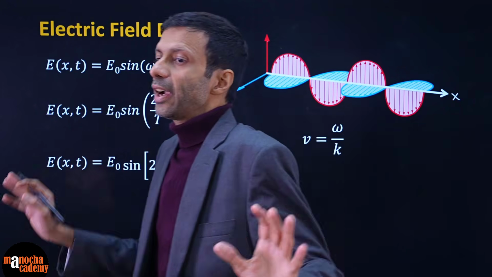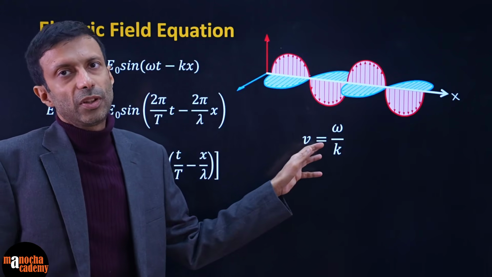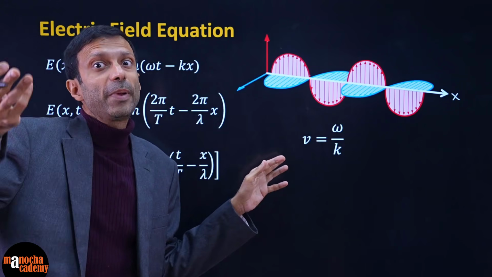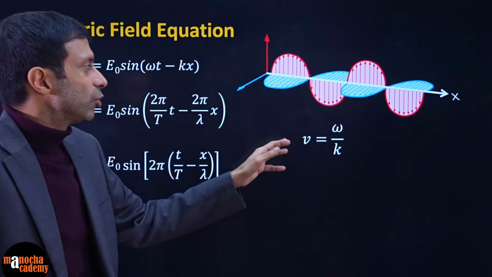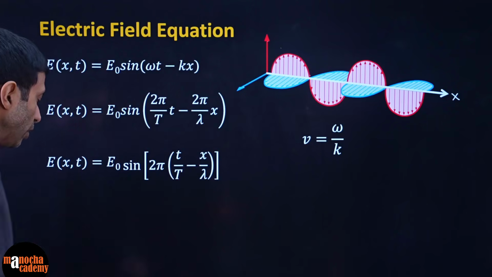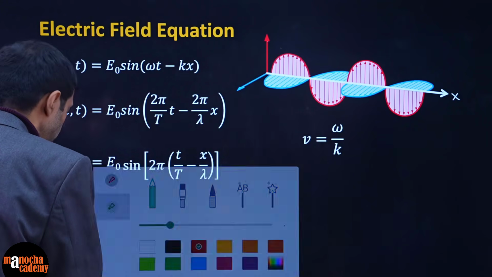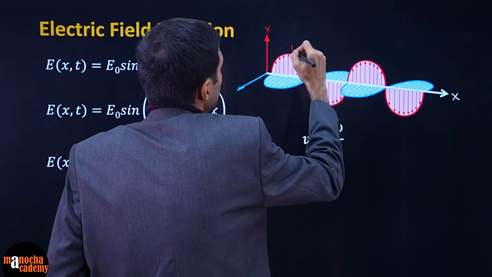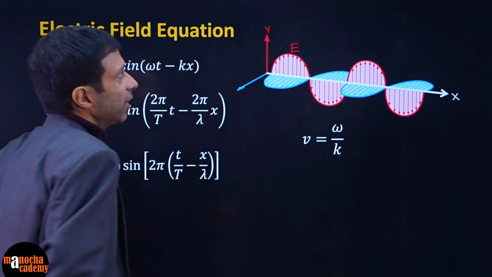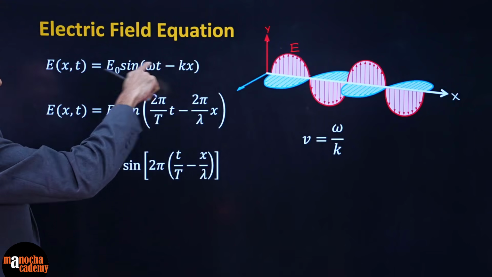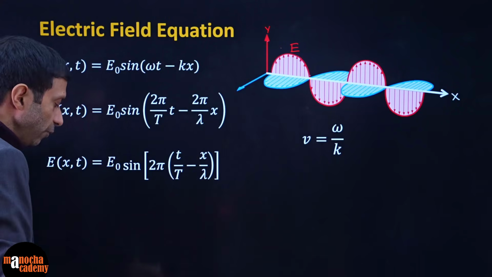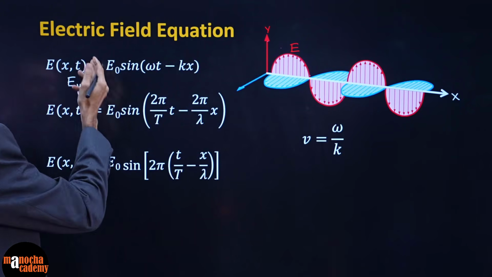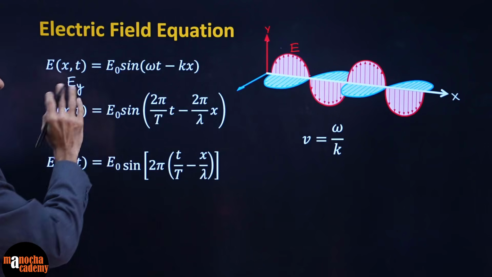Okay? And don't forget, this omega and k are connected to the wave velocity like this, a very useful formula. This is the velocity of your electromagnetic waves. So V equals omega by k. Right now, guys, we are focused on the equation of the electric field, which is along the y-axis. So this will give you the y position. So basically what are we measuring? You are measuring your Ey over here, which is a function of x and t.